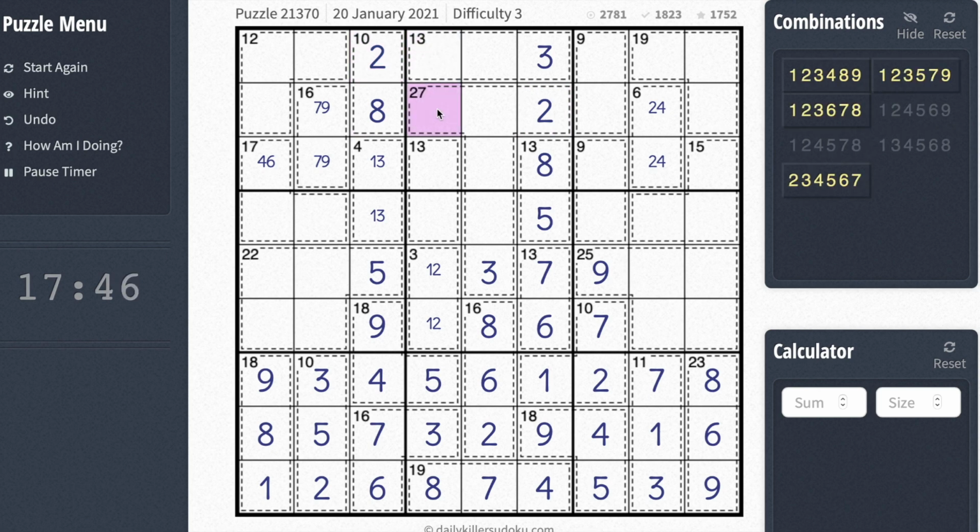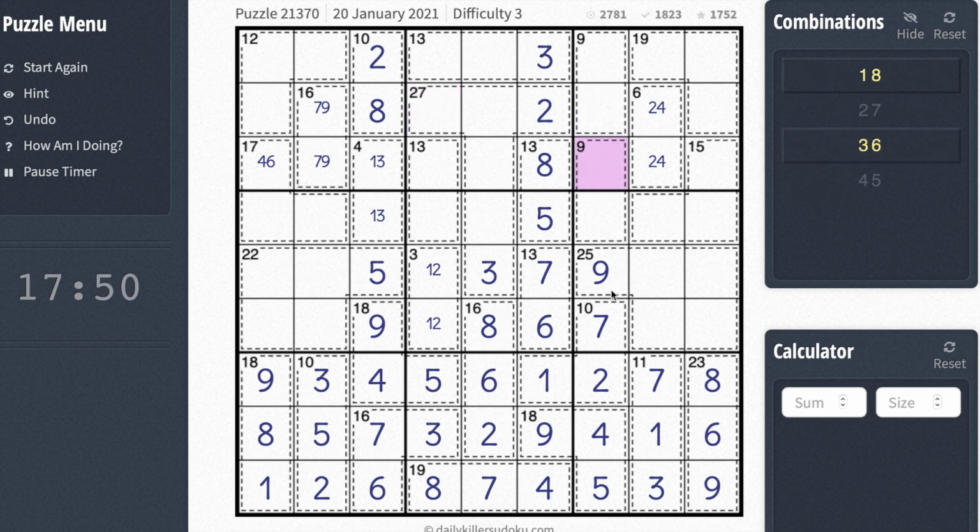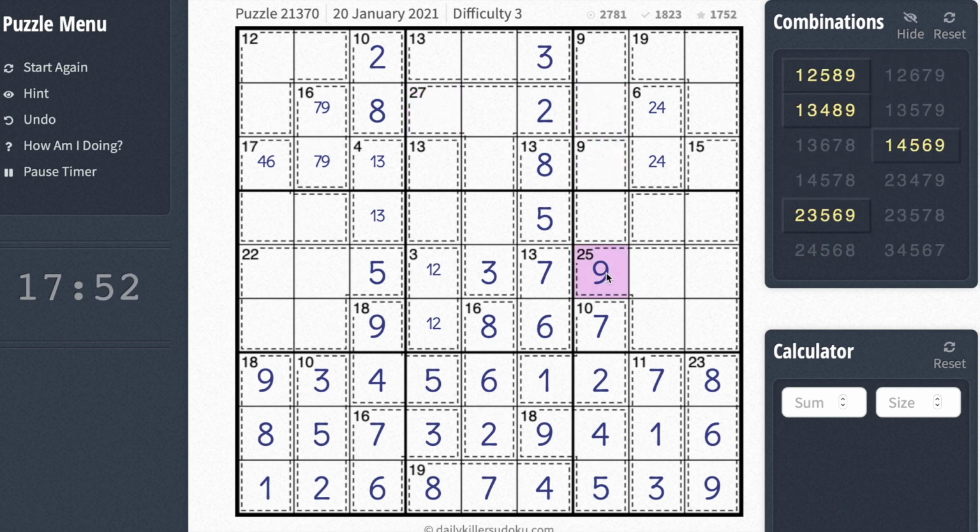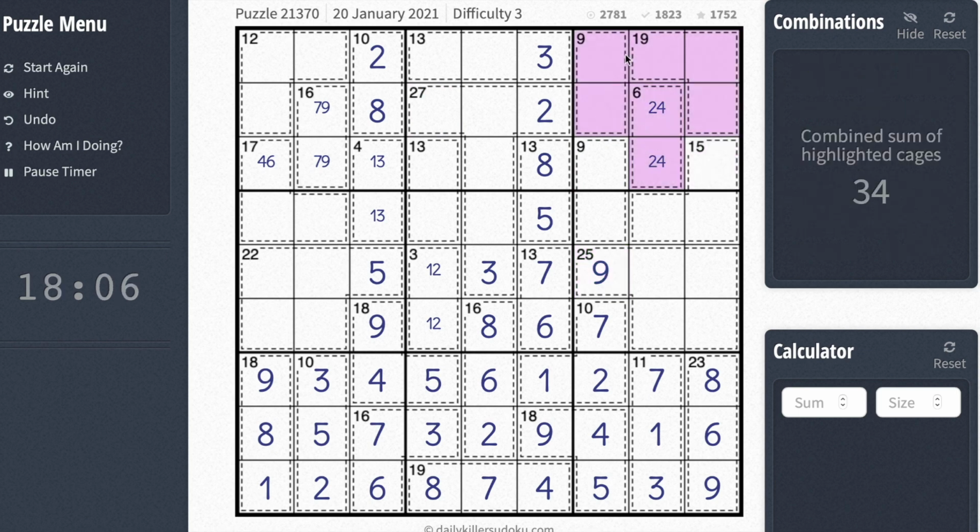Here we can, no, we can't. Let's have a look down here. Is there anything else we can do? Don't think so there. With that, those 2 cells have to be 11. Still,